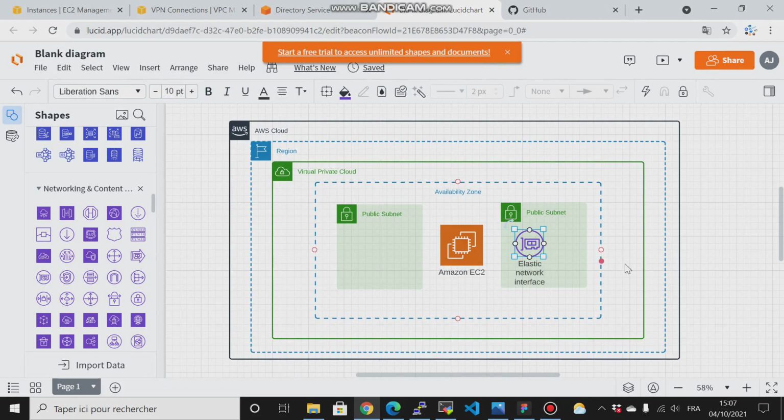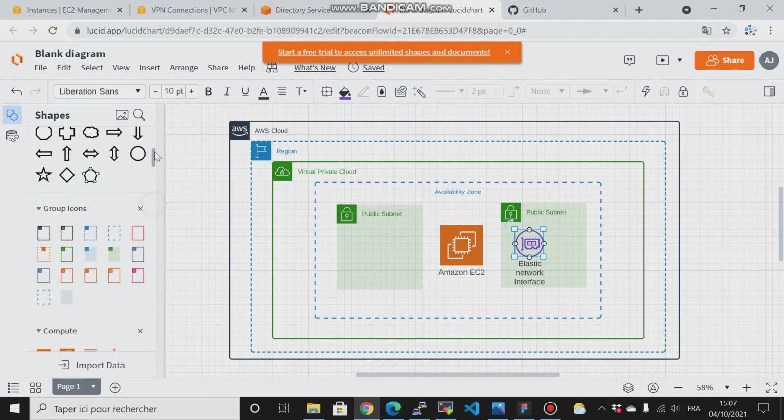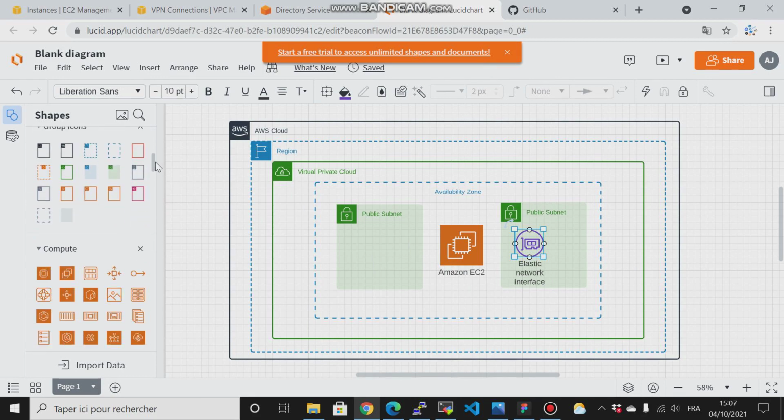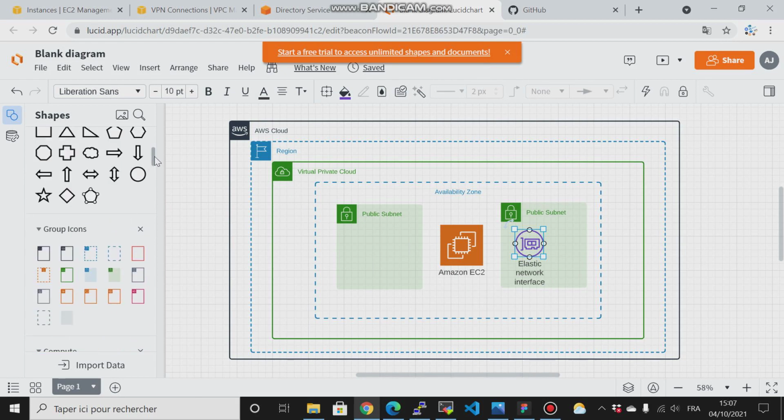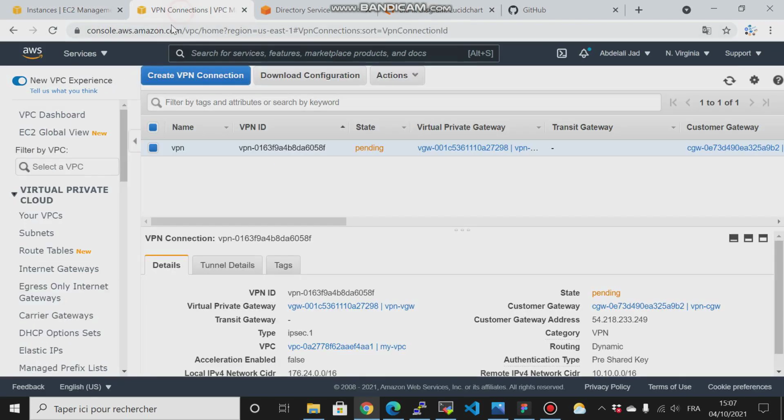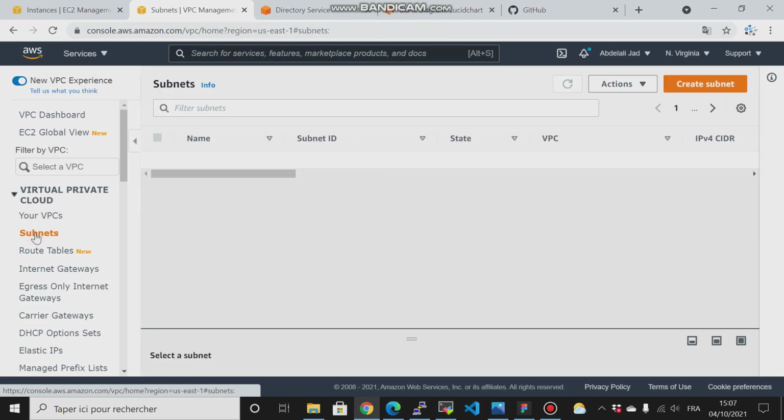A network interface is created, and to this network interface a public and private IP address is assigned. But it depends. If you run it in a public subnet, then you will have a public IP address. If you run it in a private subnet, you will have only a private IP address. And how you can do that is, you still remember that once we launch a subnet, we come to it,